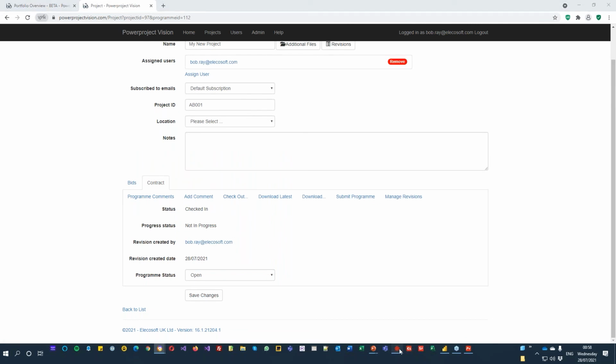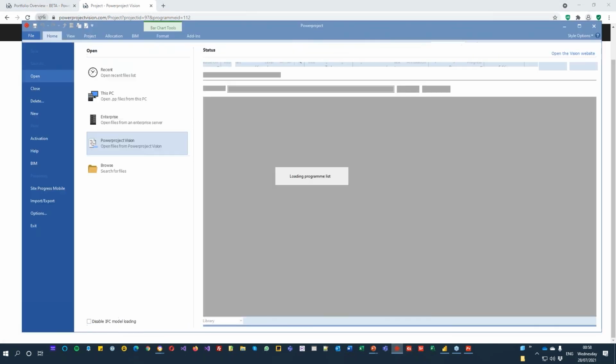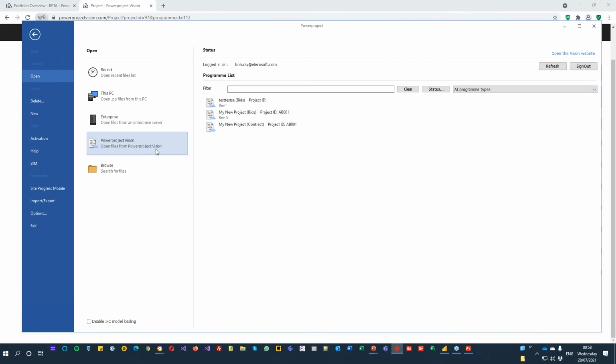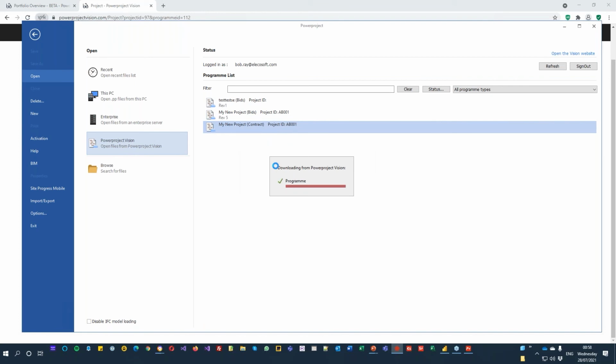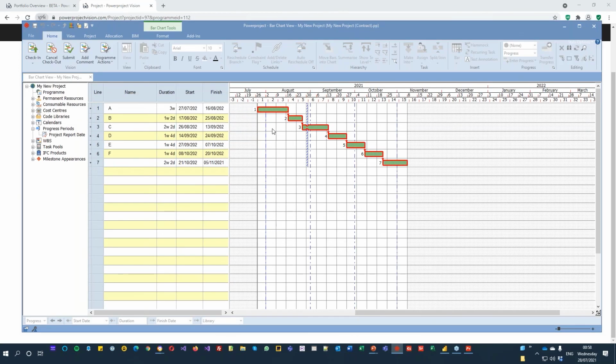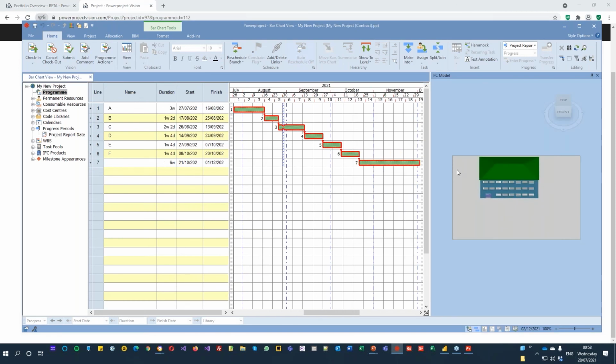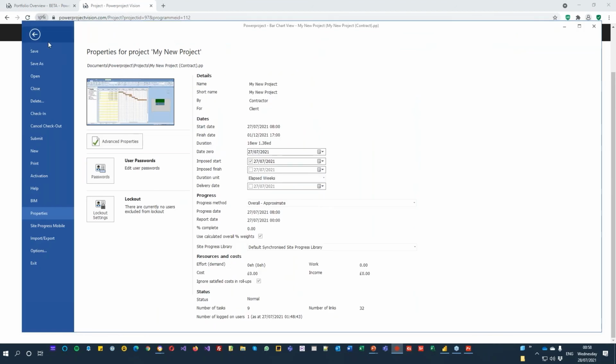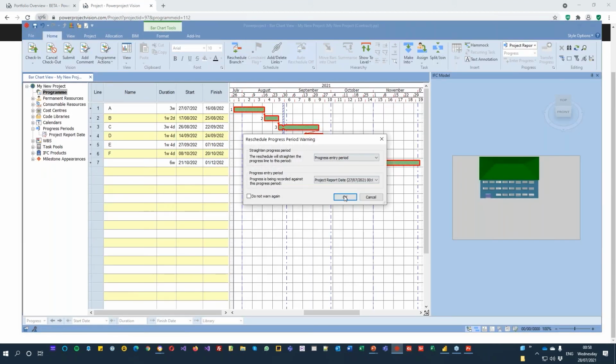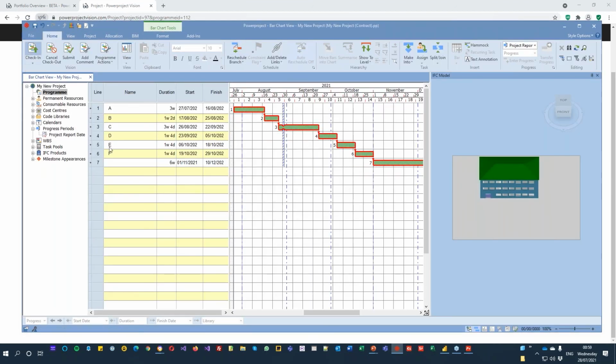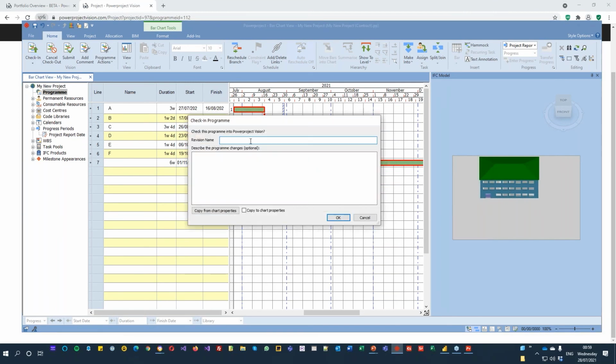And then I can actually, when I'm inside Powerproject, and I go to open again, I now have access because my rights allow me to see the bids and contract. I could open the contract version, check that out, and start working on that. I could archive off the old one so I don't see it. I'm in there, and in here I can make some changes. Notice it still brings the model out because it was linked to the latest one. And if I reschedule that in there, and if I just check that back in,